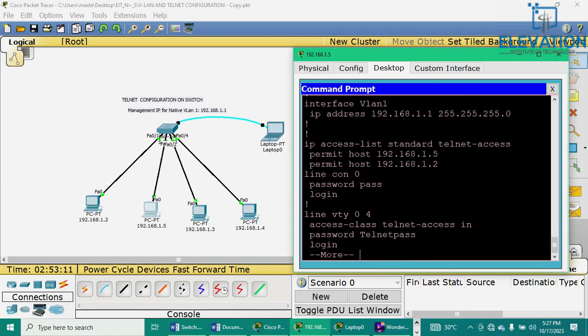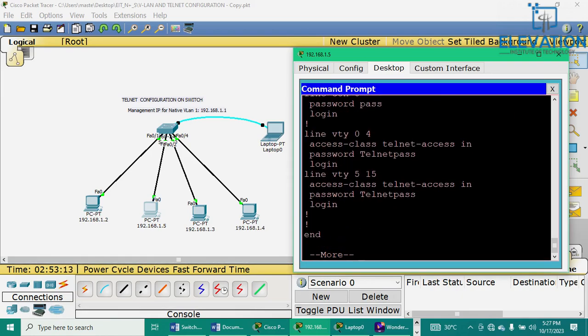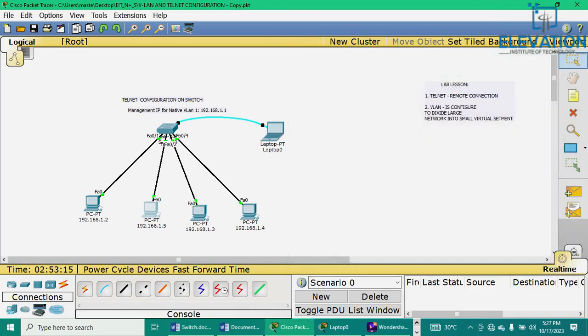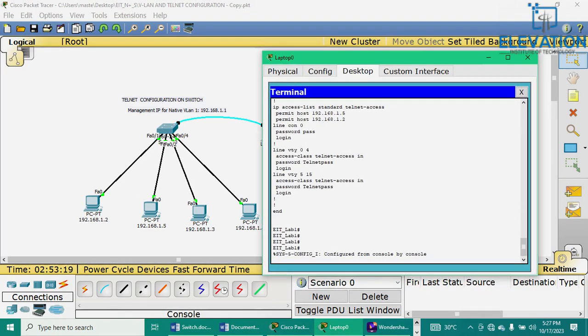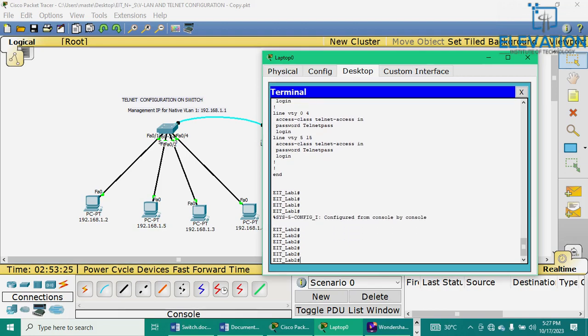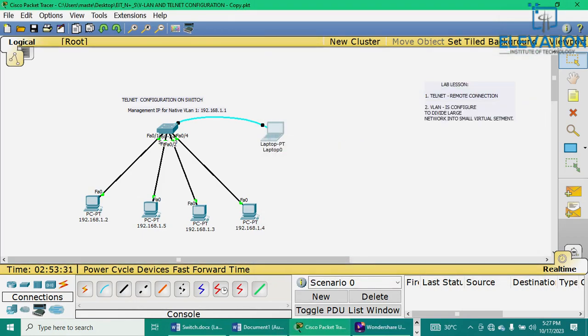So these are our configurations. It's all there. So that's it for Telnet configuration. So go ahead, watch the video and get it done. If we come back here and try to see that there's a change, right? So that is it for Telnet. So watch out for the next video that's going to